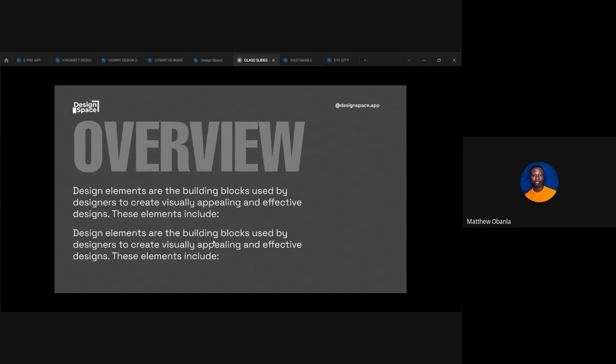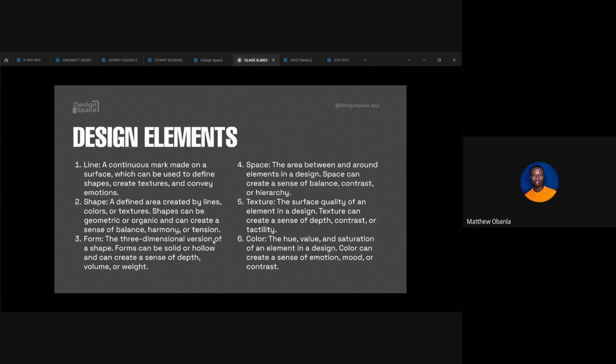So these elements include, for instance, the elements to build a house. I mentioned block, I mentioned cement, I mentioned concrete or whatever. So one design element that we're going to be looking at is line. Line is a continuous